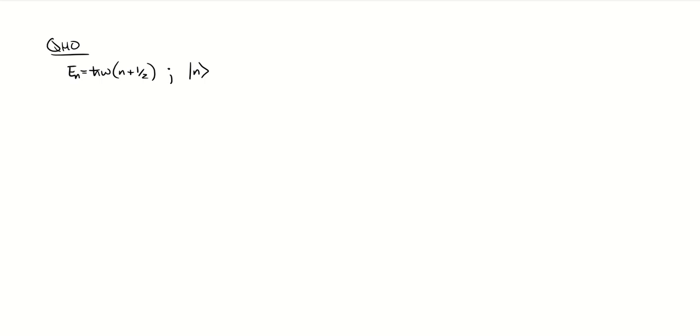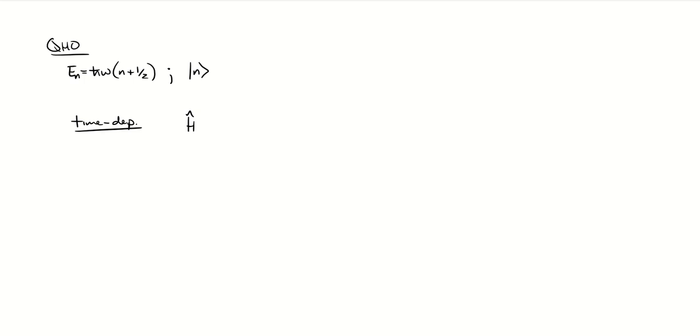Now, today we're going to build on everything we've done with the harmonic oscillator and revisit time evolution and the time dependence of a state of a quantum harmonic oscillator system. So first, I want us to recall how we deal with time dependence. We have a Hamiltonian that's constant in time, right? There's no time dependence to it.